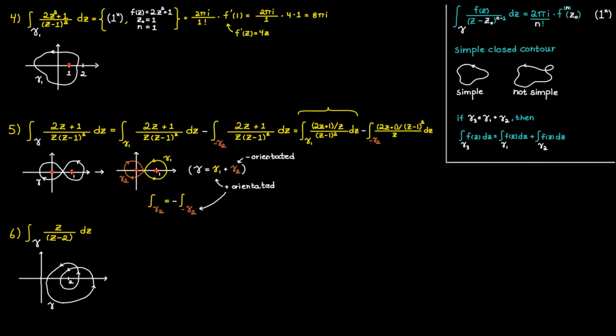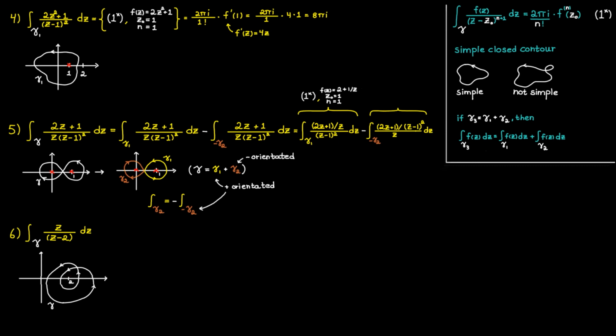For the first one, we get that the function is going to be equal to 2c plus 1 divided by c, since this thing will be analytic everywhere on and inside of gamma 1. And then we're going to have that c0 is a singularity, so that's 1. And then we have that n is going to be equal to 1 in this case, since the factor in the denominator is raised to the power of 2. But before we continue, I'm just going to rewrite the function up here to something a little bit more simple.